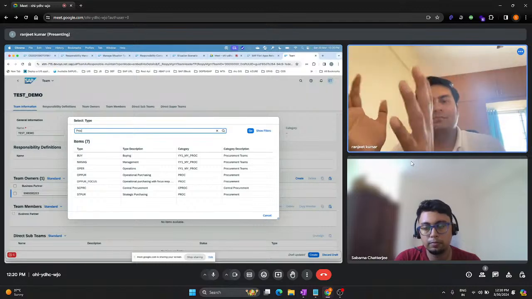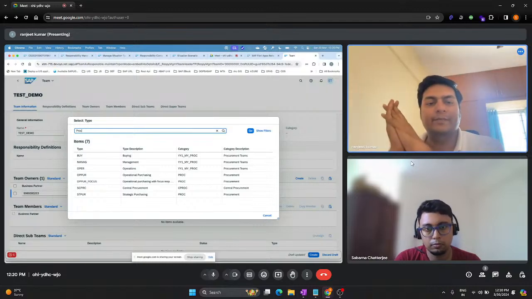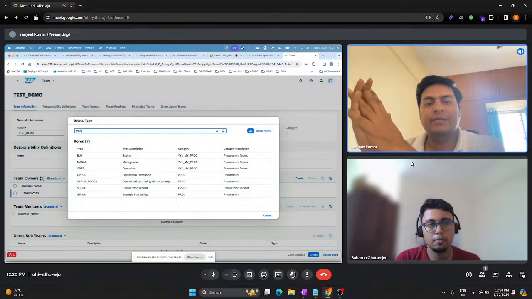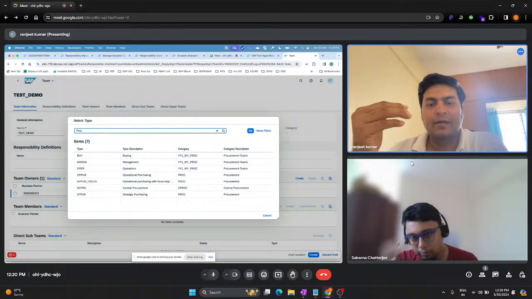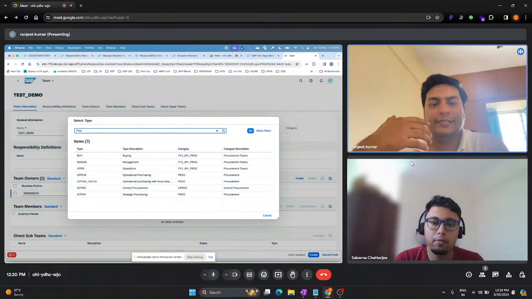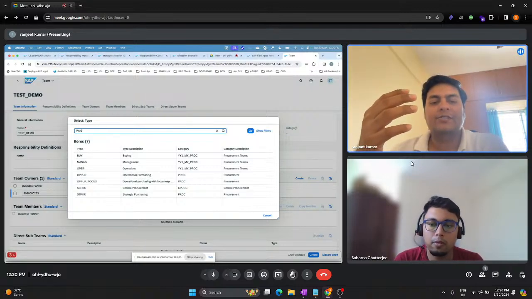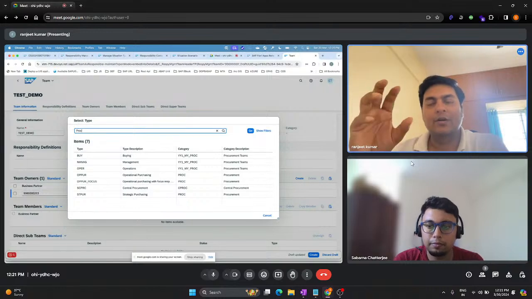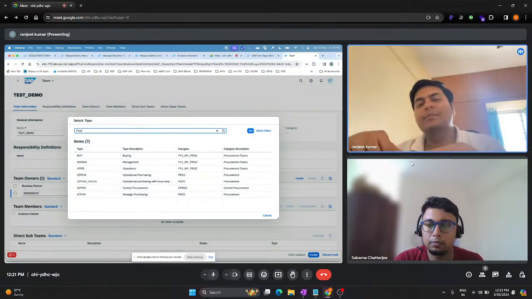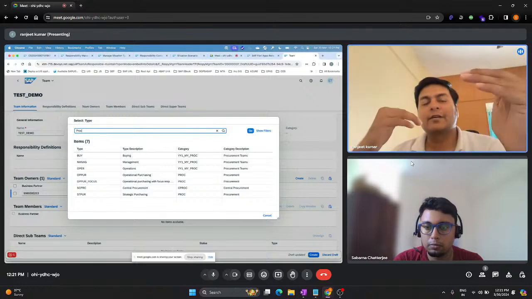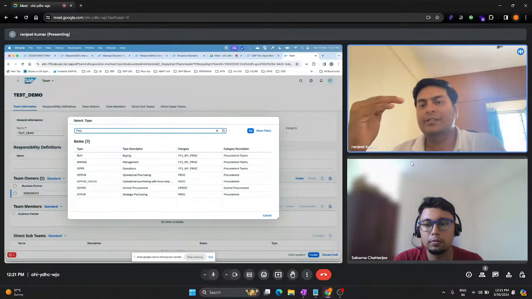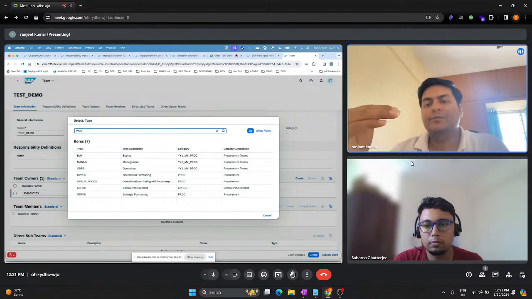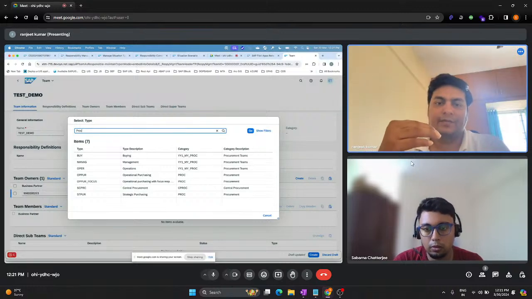Procurement is a big business process in SAP, but in procurement we have sub-business processes like operational purchasing, strategic purchasing, and operational purchasing with focus representative. These three are basically sub-business processes in a bigger business process. So team category refers to a business process, and type refers to the sub-business process.